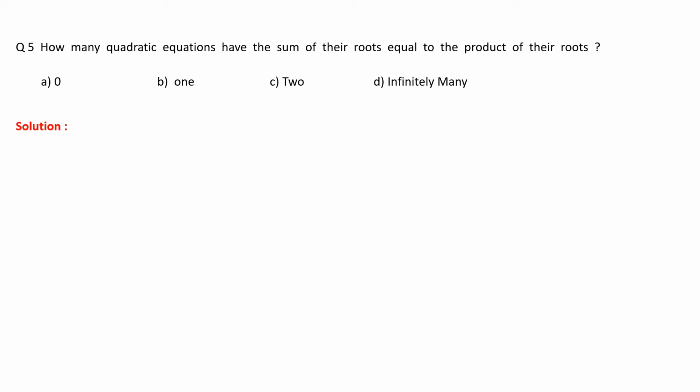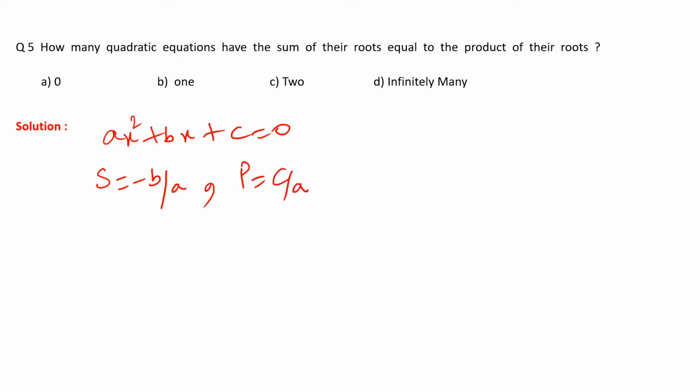Now students, this is the fifth problem and it's a quite easy question. It says how many quadratic equations have the sum of their roots equal to the product of their roots. Now we know that in any quadratic equation ax square plus bx plus c is equal to 0, sum is given by minus b upon a and product is given by c upon a. And we are given that the sum of roots is equal to product of roots. So that means minus b upon a is equal to c upon a, or this implies b is equal to